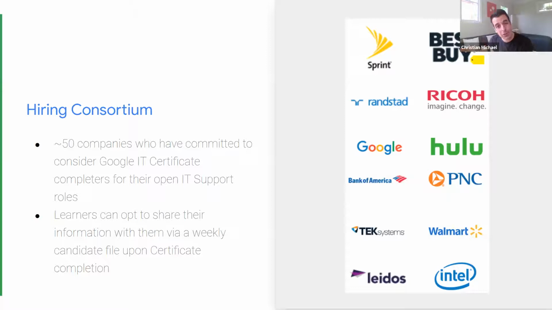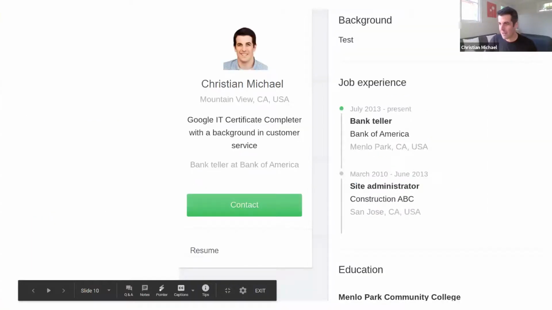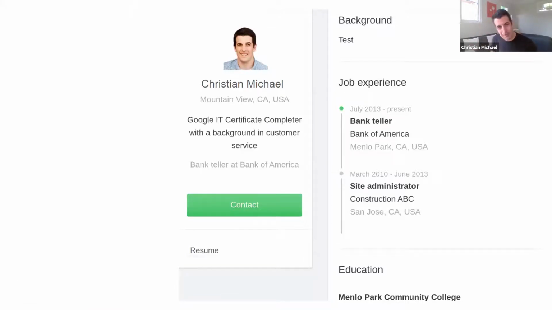And it actually connects those employers to a job platform that you will have access to as a completer of the certificate program. So next slide, I'm going to show you very quickly what my profile looks like on the Coursera platform. If we can just go to that next slide. There is my profile. You can see my job experience, my education. In terms of badging, any course that you complete on Coursera, it will show up in your profile on the Coursera job platform when you complete one of our certificate programs.